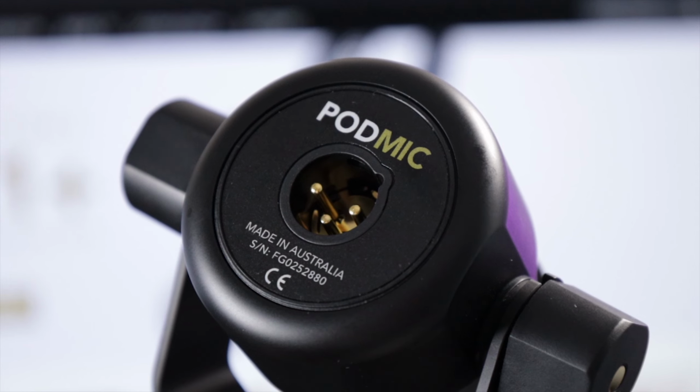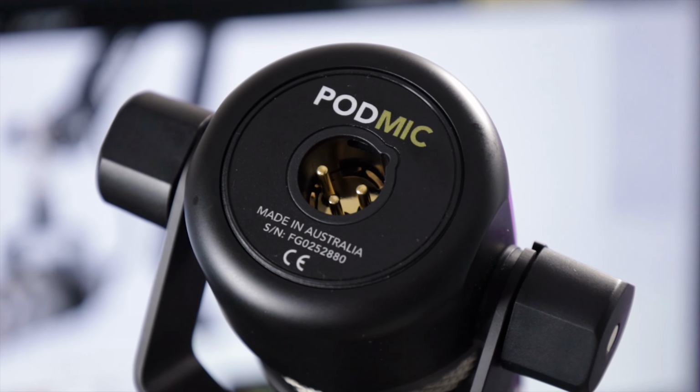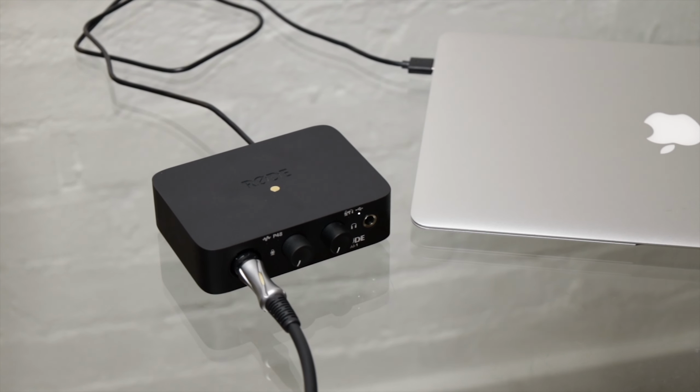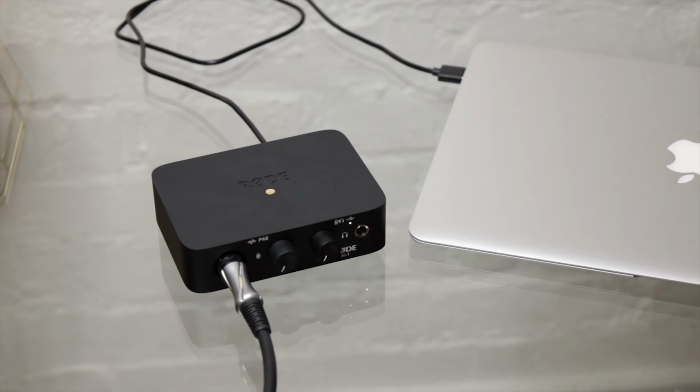But since it is an XLR mic, you do need an audio interface, and that is where the AI-1 comes in. Now in the box of the Rode AI-1, you get the AI-1 unit itself, which is the audio interface, and then you also get a USB-C cable, which will be used to plug the unit into your PC